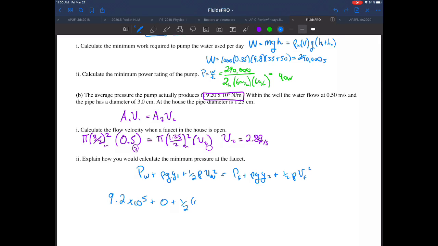What's flowing? Water's flowing. And then we have our velocity of the well, which is 0.5 squared. And then we have pressure of the faucet plus 1,000 times 9.8 times our total height, 50 plus 35, plus 1/2 and the water and the speed at the exit, 2.88 squared. Whew! So there you go. You only have one unknown, and you can solve for it. It just says explain how. We don't have